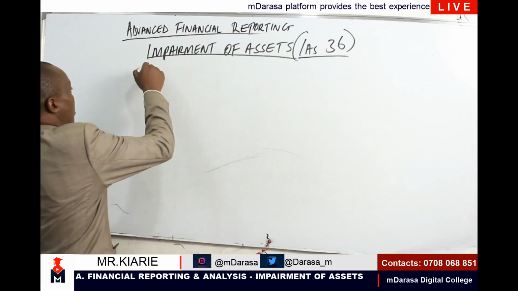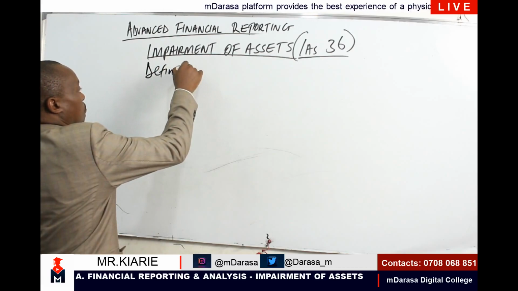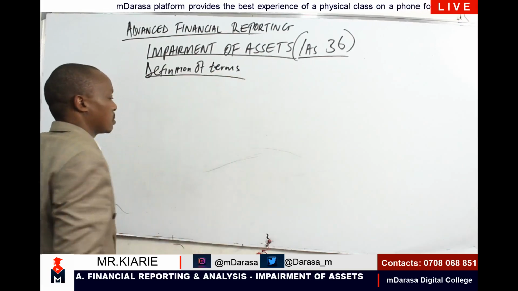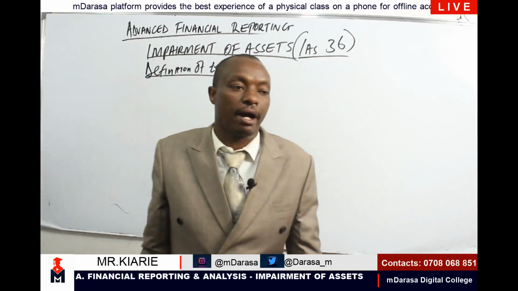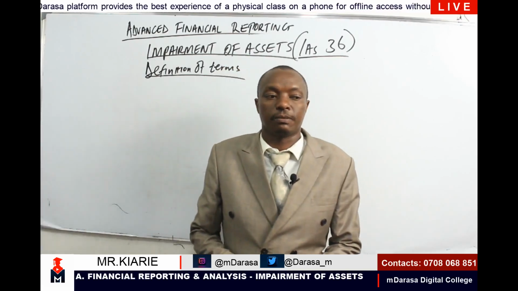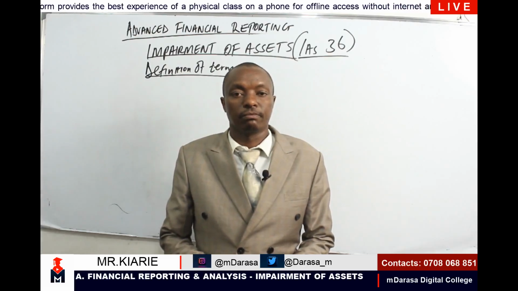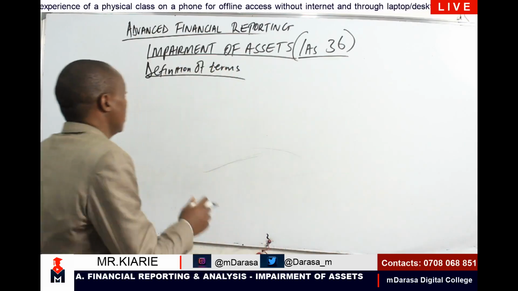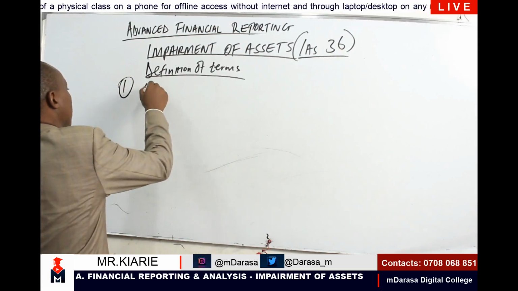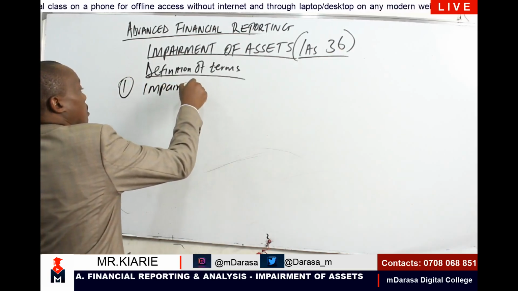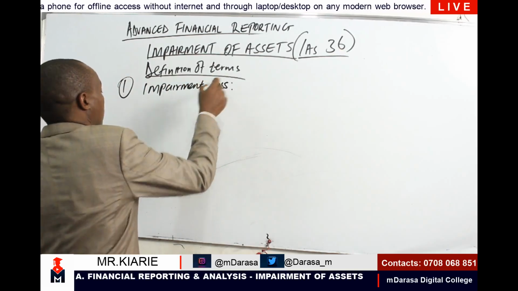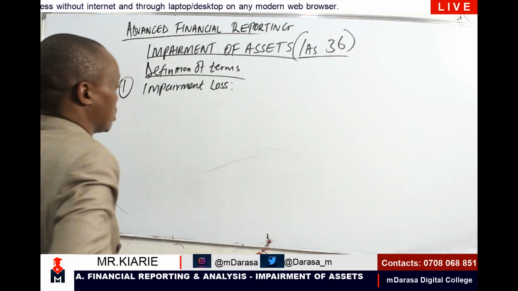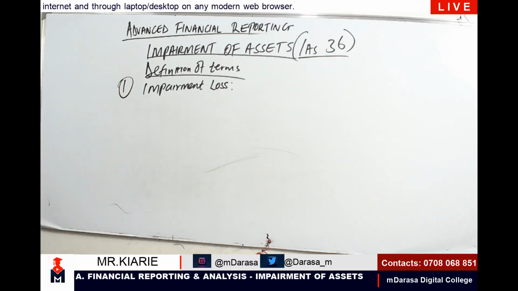So I want us to start right away by definition of terms. Then you write definition of terms. The first terminology is impairment loss. Then you write below that,